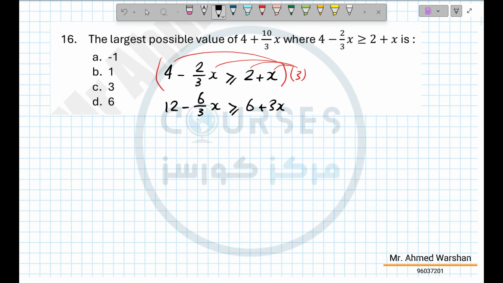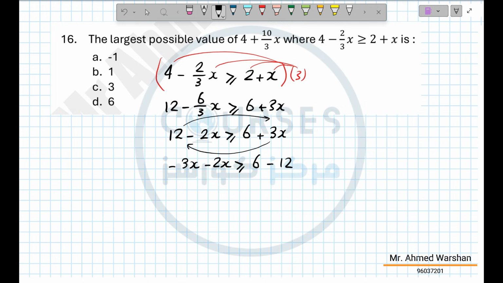6 divided by 3, that's actually 2. So this is 12 minus 2x is greater than or equal to 6 plus 3x. Have the x's all on one side, so we can bring this here and send this there. So we would have negative 3x minus 2x is greater than or equal to 6 minus 12. So negative 3x minus 2x, that's negative 5x, is greater than or equal to 6 minus 12, that's negative